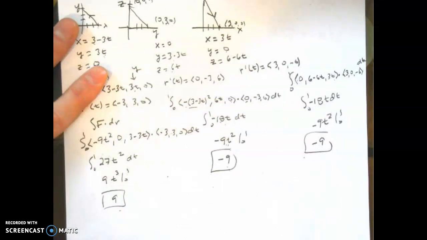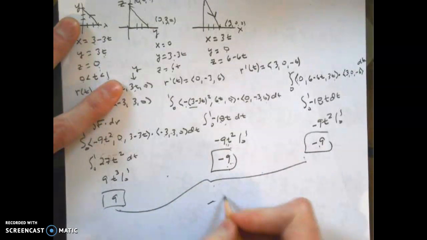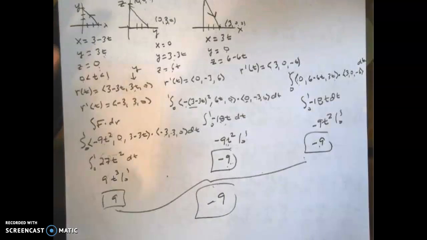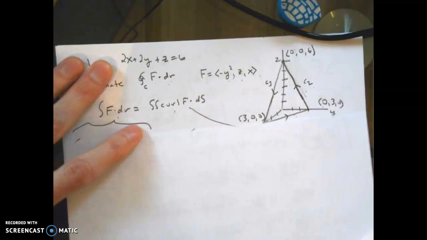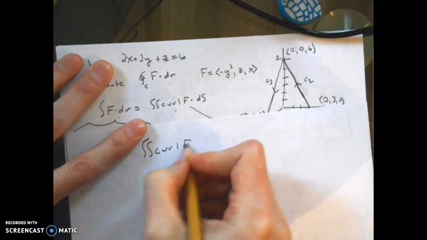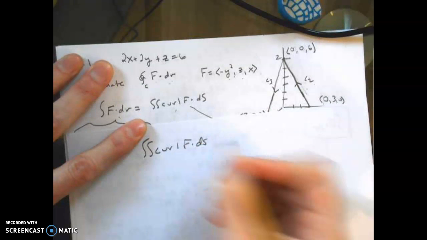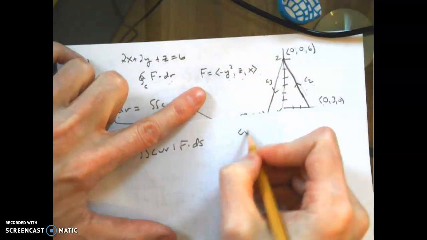Okay, so adding these three together, I get 9 minus 9 minus 9. I get a total of negative 9. Okay, so let's do it the other way. Now let's do what we could have done over here. So the double integral of the curl of F dotted with your dS. Okay, so F is this thing. So let's find the curl of F,